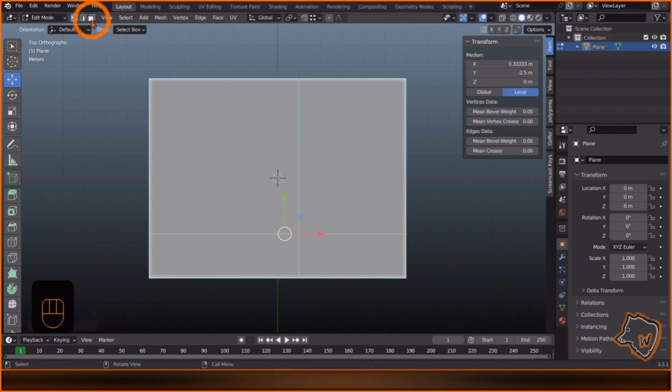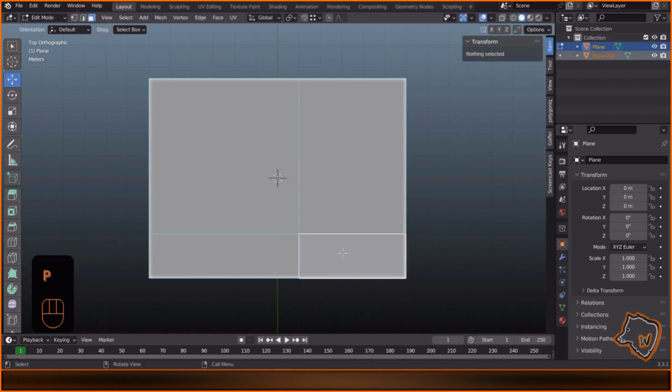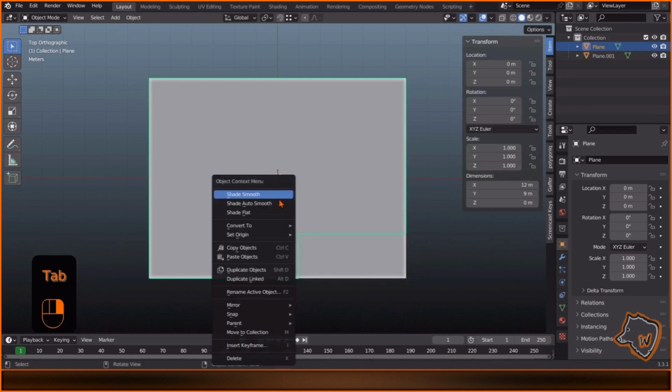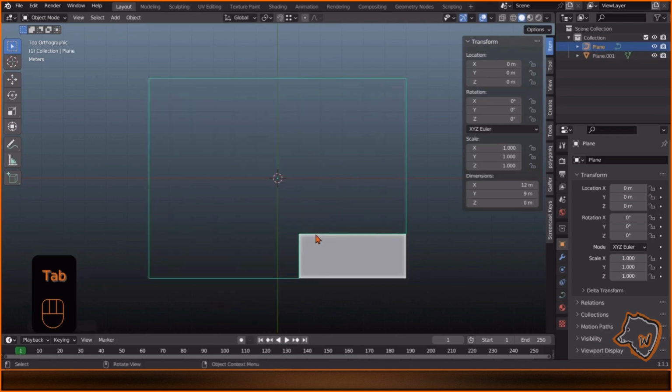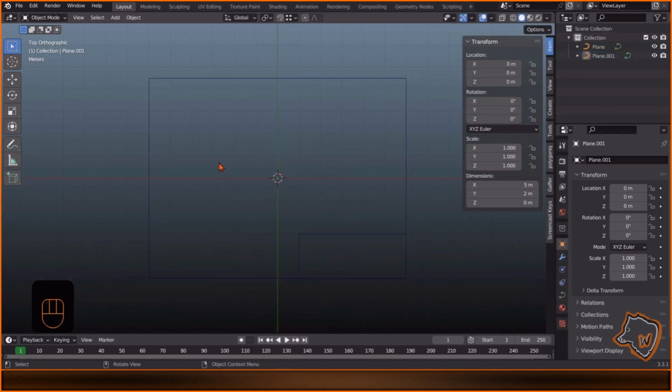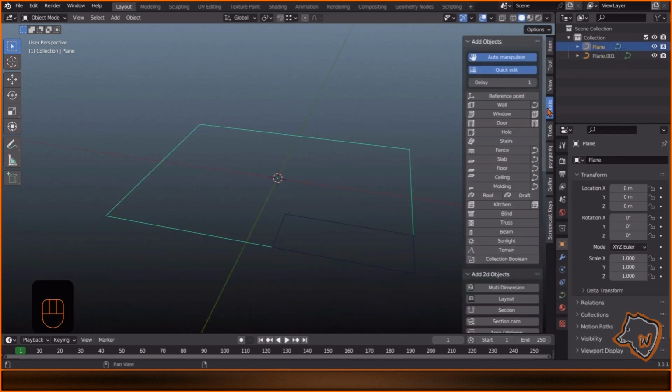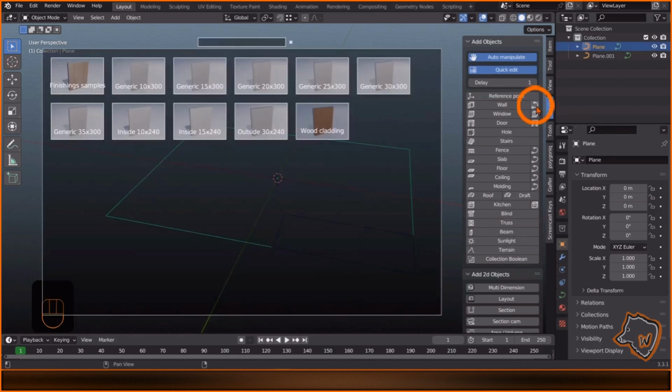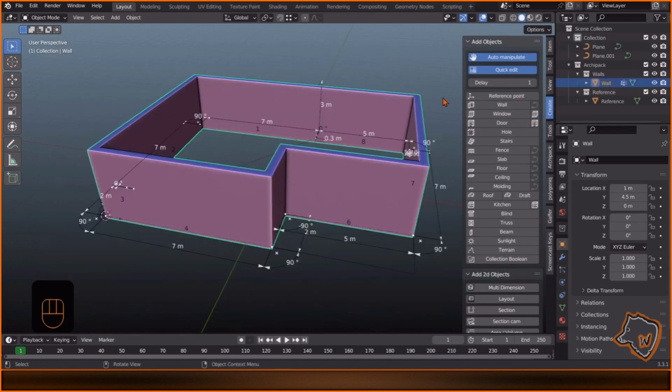Enable face mode. Select this face, P to separate, selection. Tab to exit edit mode, select this plane, right click, convert to curve, and then do the same for the other one. After installing ARCHIPACK Pro, select the first curve, go to create, wall from curve, and select generic 30